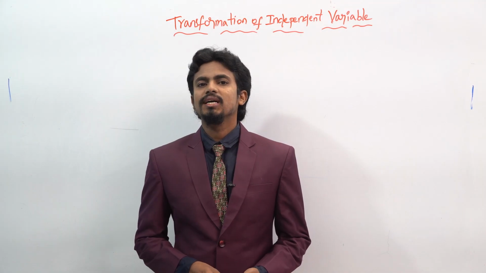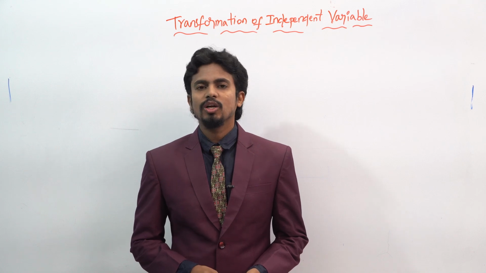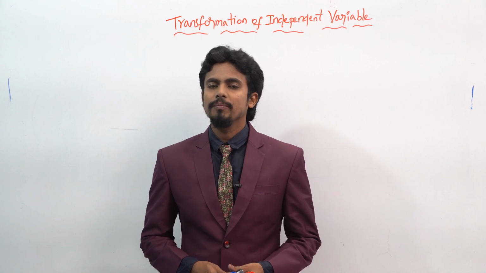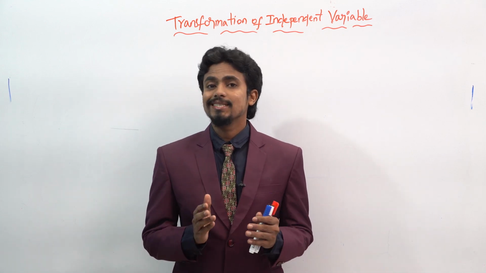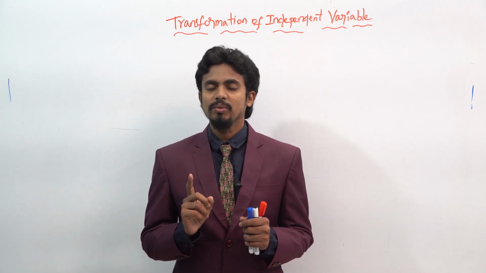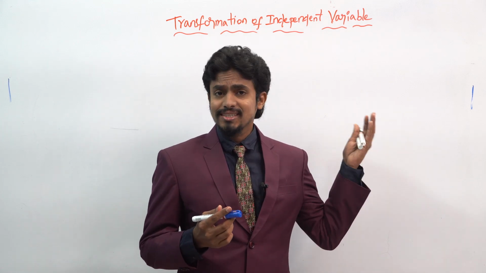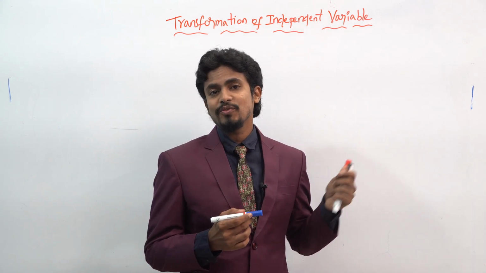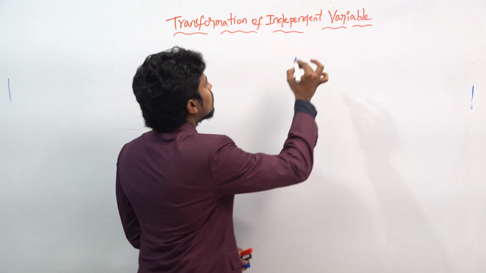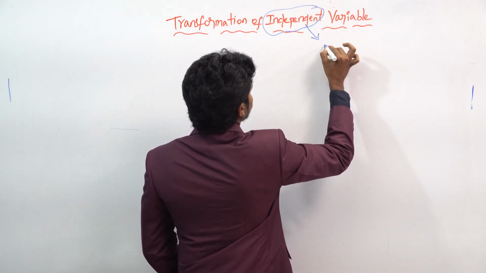Up to now we have seen the standard continuous time signals as well as the standard discrete time signals. Now let's move on to the next concept, the transformation of independent variable. You already know that in signals and systems there is only one independent variable, and that is time. We always play with time as our independent variable. Here the independent variable is time.